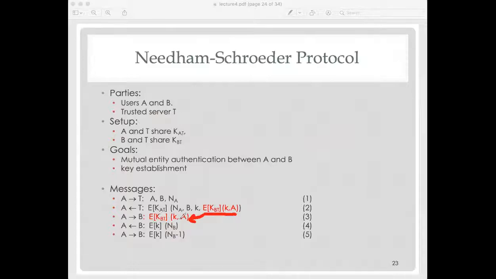So B takes this, opens this message, creates NB, which is a number used once, a nonce, and encrypts it using the key. Alice comes, opens this message because she has K received here, takes the number inside, minus 1, and sends it back to Bob. So now